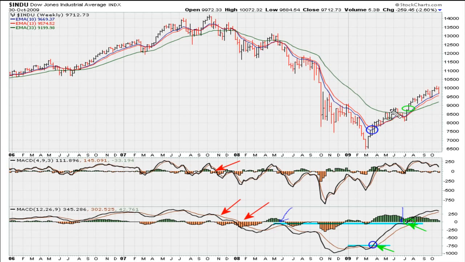So lots of things were taking place at that particular point. There was a good entry point in the market because the MACDs were moving above zero, and you'll notice that this MACD, the secondary MACD, had moved above zero here, which is this time period here, a nice entry point, and it went higher, and there was an attempt by this MACD to slash back below zero, which would have been a bearish signal, but you see that it bounced off and actually had uniform activity here below the line